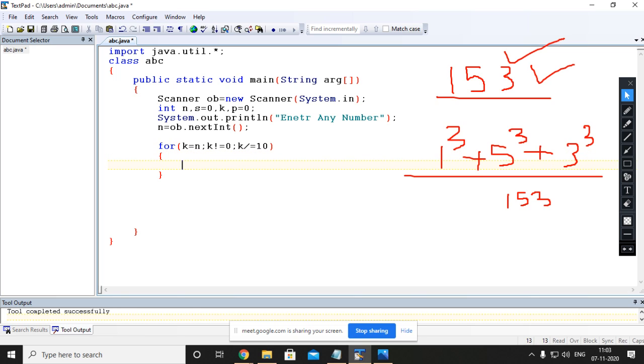In between this, first of all, what will we do? We will extract the digit. Everybody knows how to extract the digit. After that, s equals s plus what? The cube of the digit. So this we can also do, or you can use Math.pow, that is totally up to you. After that, if s equals the number,